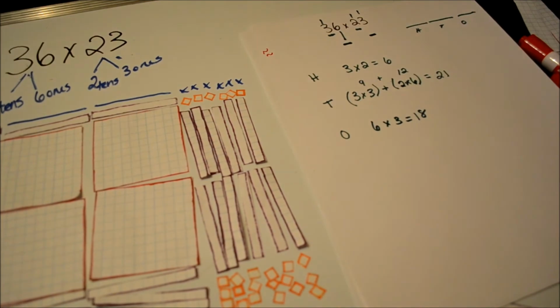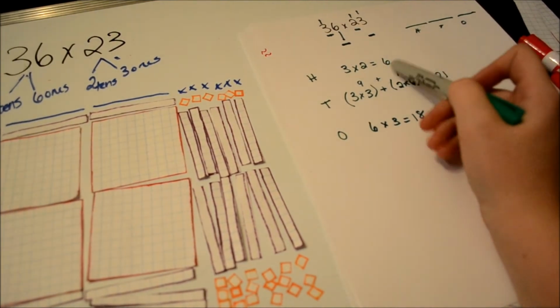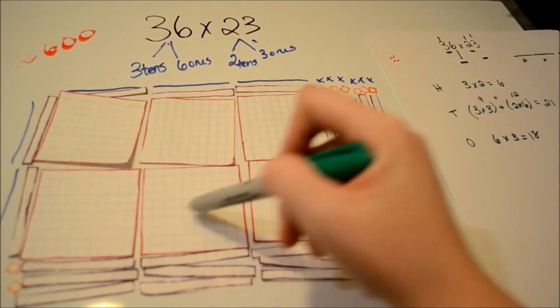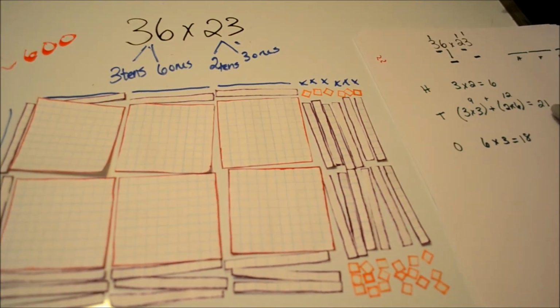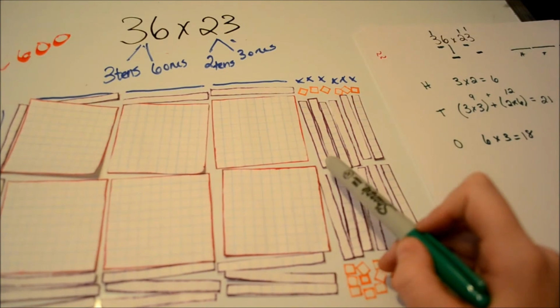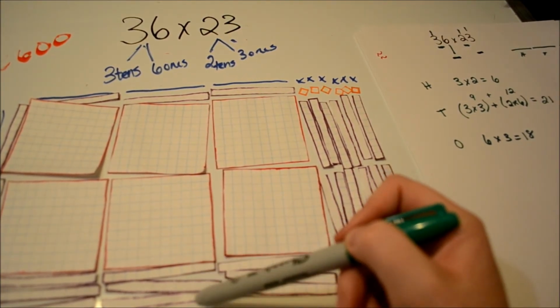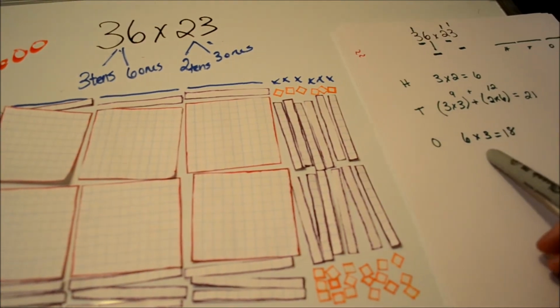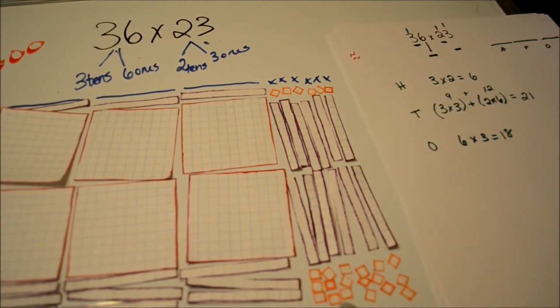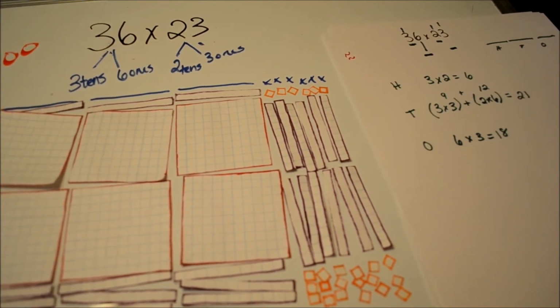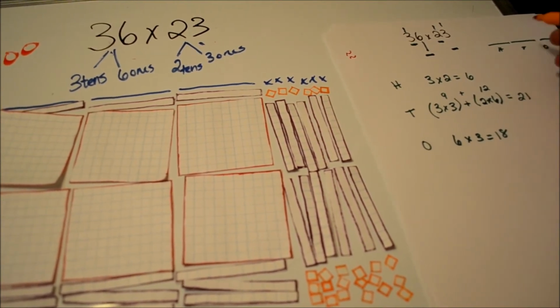Now what you'll notice is we have 600s here in this spot, and we also have 600s in our blocks. In the 10 spot, we'll have 21, and so we have 1, 2, 3, 4, 5, 6, 12, 13, 14, 15, 16, 17, 18, 19, 20, 21. And in our ones we have 18. And so we have 3, 6, 9, 12, 15, 18. So now what we're going to do is put these over into our